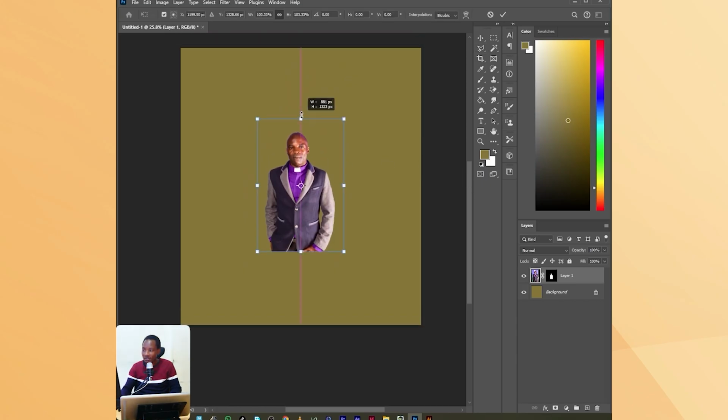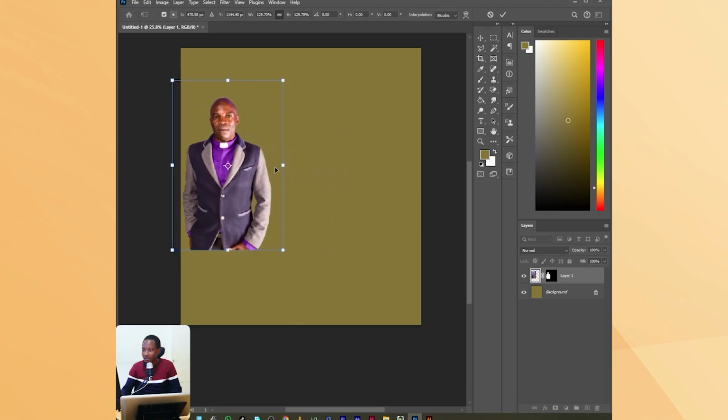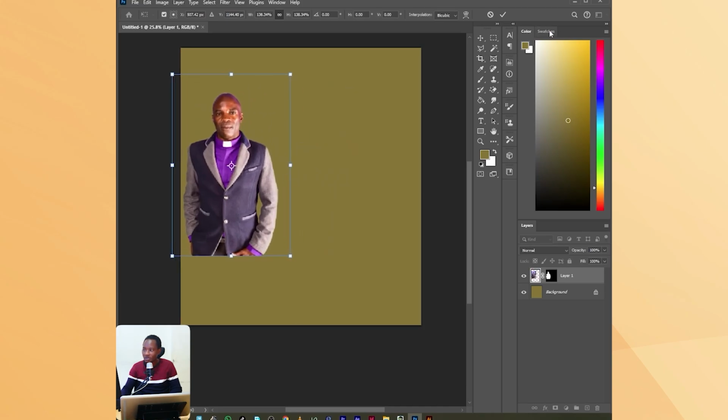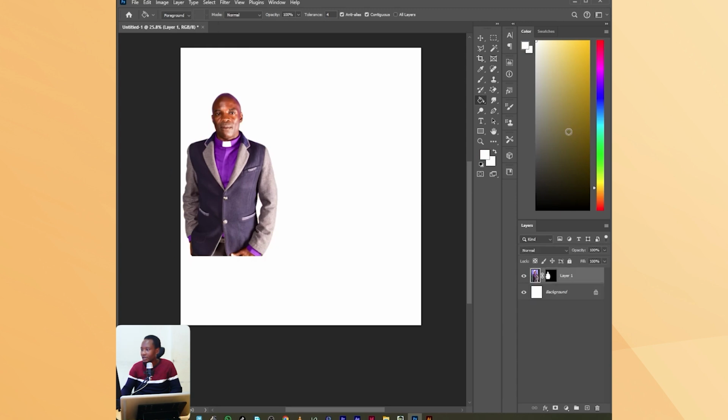So I do not have any sketch. I'm sketching purely from my mind, so I'm using a combination of move tool and transform to resize and move it around like that. Then I want to return to white for my background so that the rest of the items go as I want. I'll quickly draw a shape here